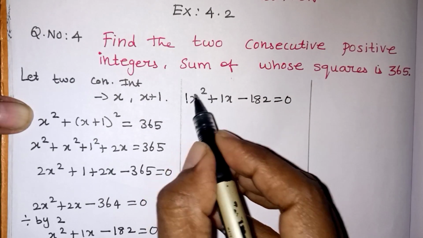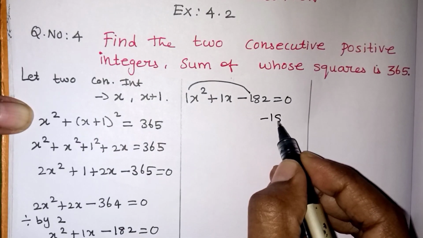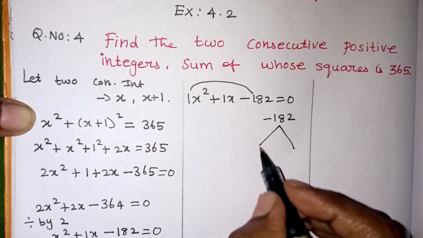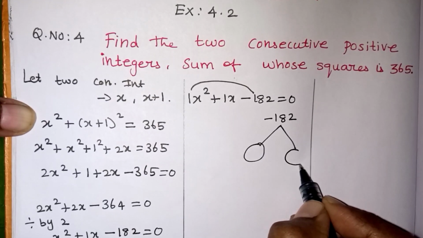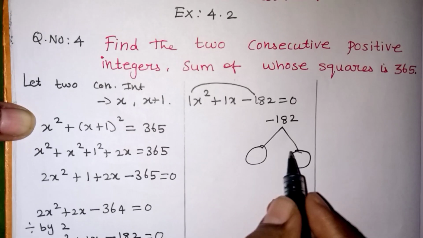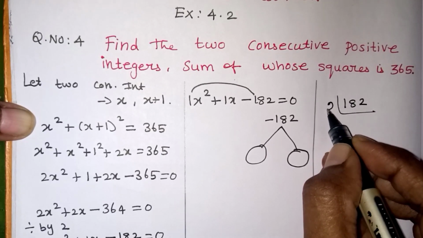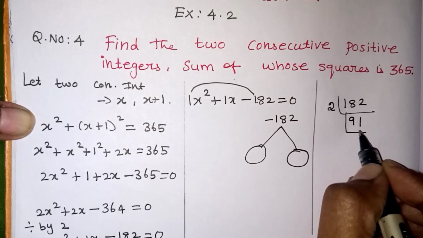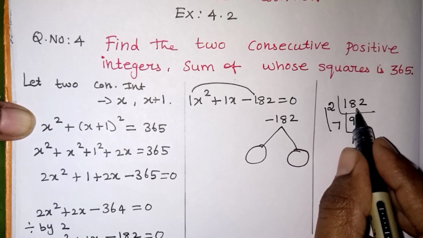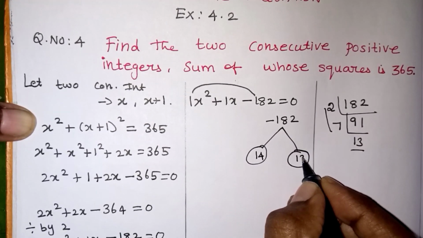So multiplication: the first number and last number, 1 into minus 182, minus 182 should come when you are multiplying. So the minus sign is there, so when you are subtracting 1 should come. What are the two numbers we need to find out? So here I am writing the shortcut. This one, 182 prime factorization: 2 table, 91; 91 will come in 7 table, that is 13 times. So 14 into 13 will give you 182. 14 and 13 difference is also 1. So 14 13s will be 182.